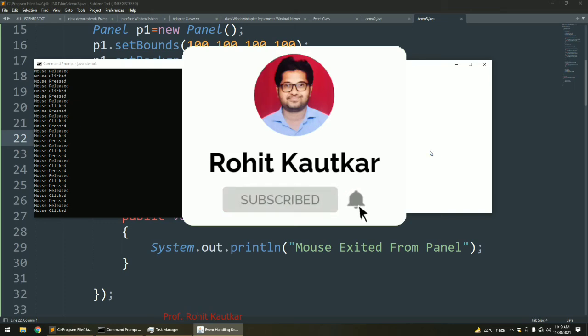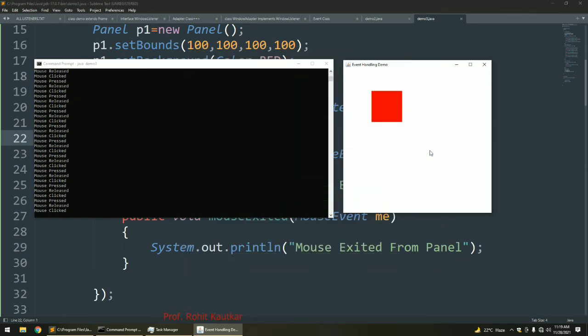The rest of the events are occurring here. Now let's try to understand mouse entered and exit. Now I am moving my mouse into the panel. You can see that as soon as I move my mouse in the panel, in the command prompt we get "mouse entered in panel".